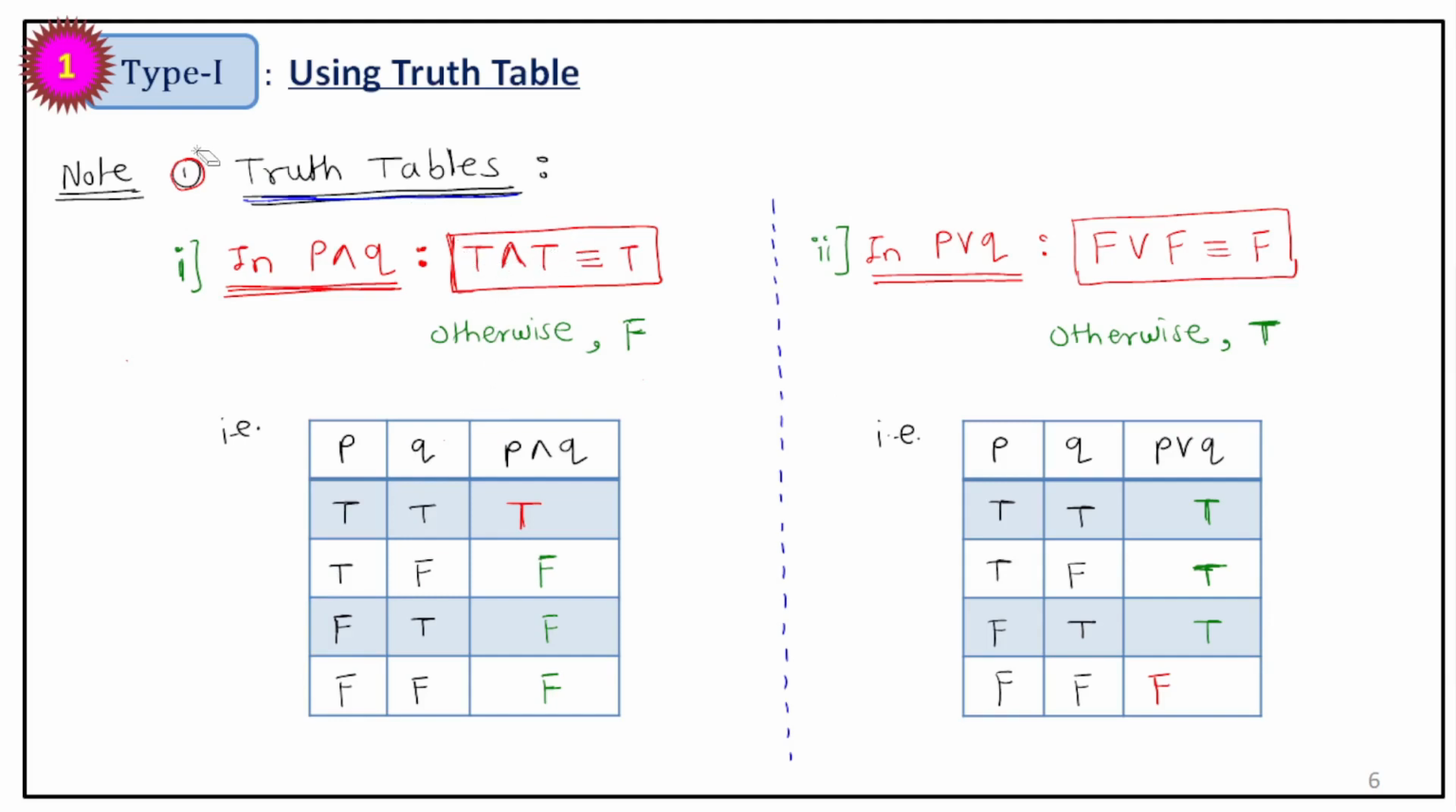Then type number first, using truth table. Here first one, that is truth tables. Here total 5 truth tables. First one, in P and Q. P is the statement, Q the second statement. Here the connective is the and. In P and Q,